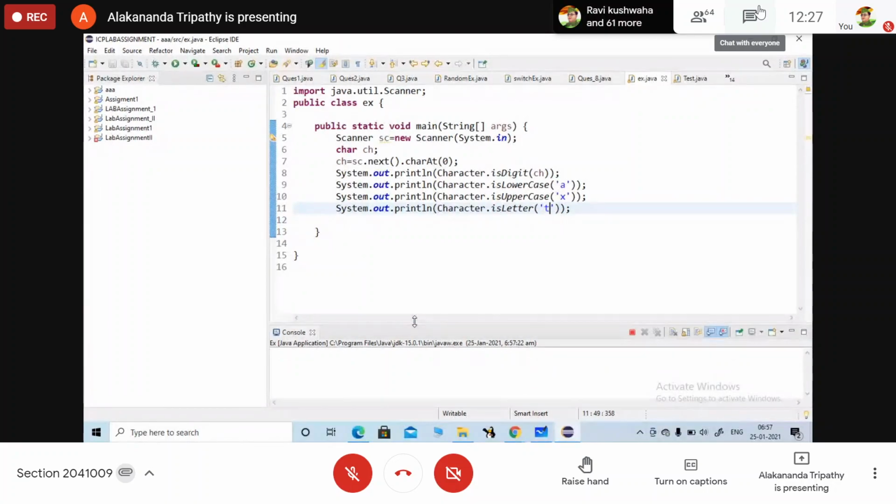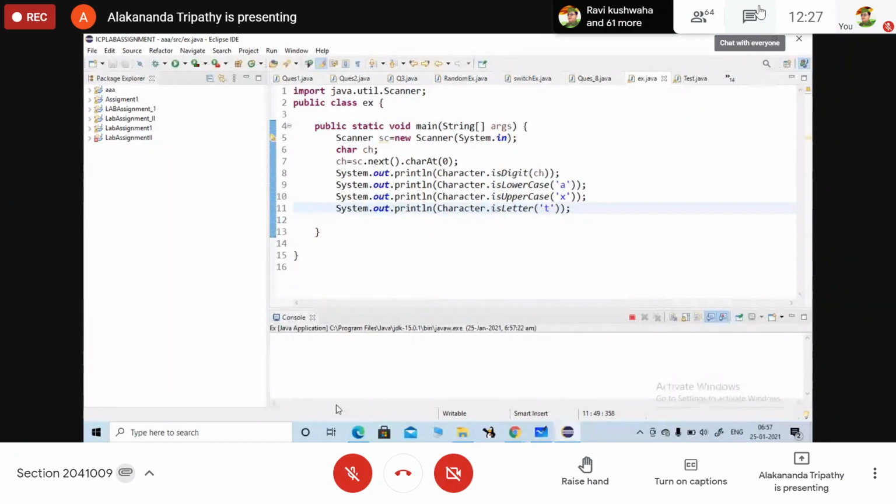True, false, true. First one, A. Now what is the output here?